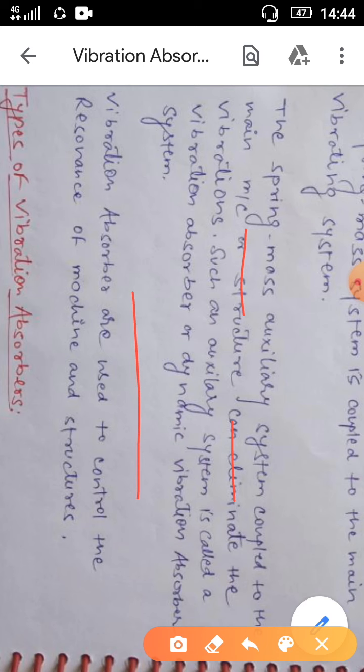It means, suppose that we are going to install a lathe machine and operate the lathe machine. When we operate the lathe machine, undesirable vibration is created. So we want to eliminate this type of vibration. That's why we are creating a foundation. And if you use a foundation in terms of a mass spring system, then it is a type of dynamic vibration absorber.